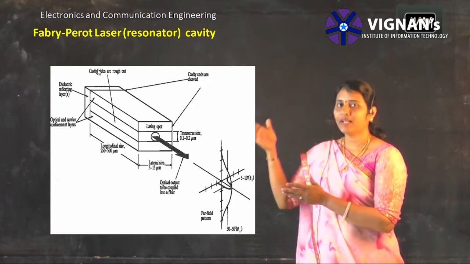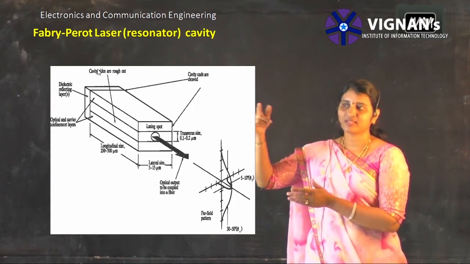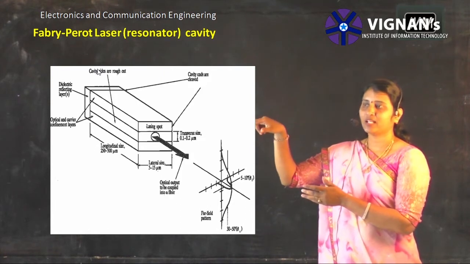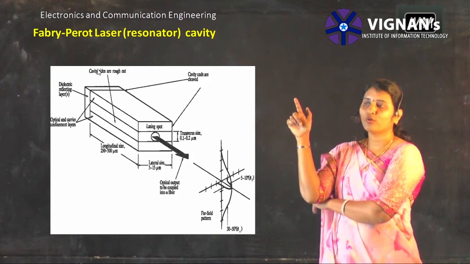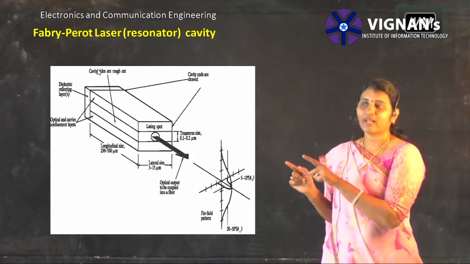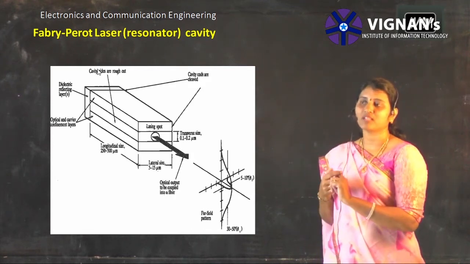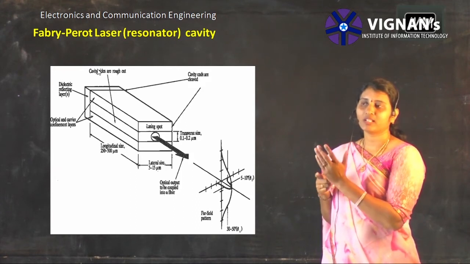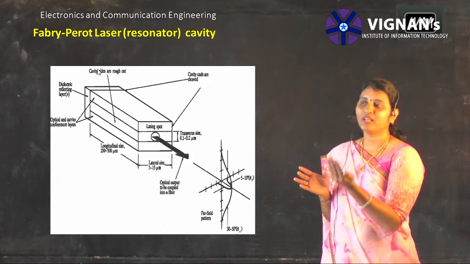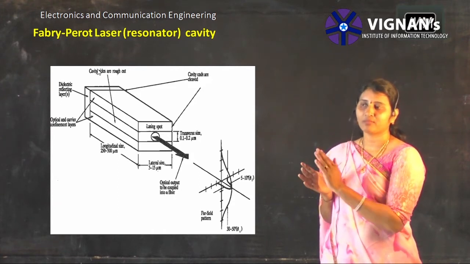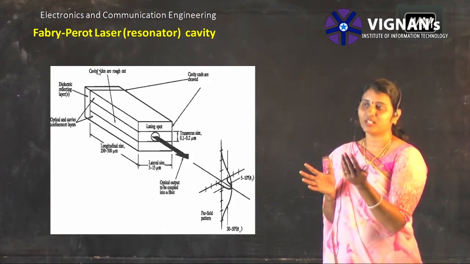The ending part, that is the backside part, you can see it is coated with a dielectric material. At the last part it is coated with a dielectric material. So what is the use of the dielectric material? Already in the previous slide I have shown you, all the light that is being generated from the recombinations should be reverted back. That means it has to be directed to the output slit, right?